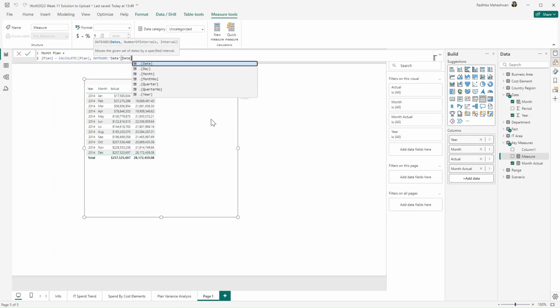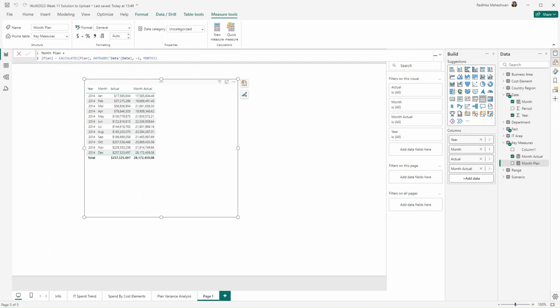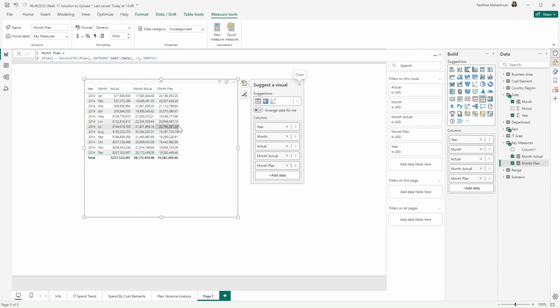We have to give the date column -1 and then month. I'm closing all the brackets, so it's subtracting this from this and getting the answer. And when I bring in the month, I'm getting the plan month.